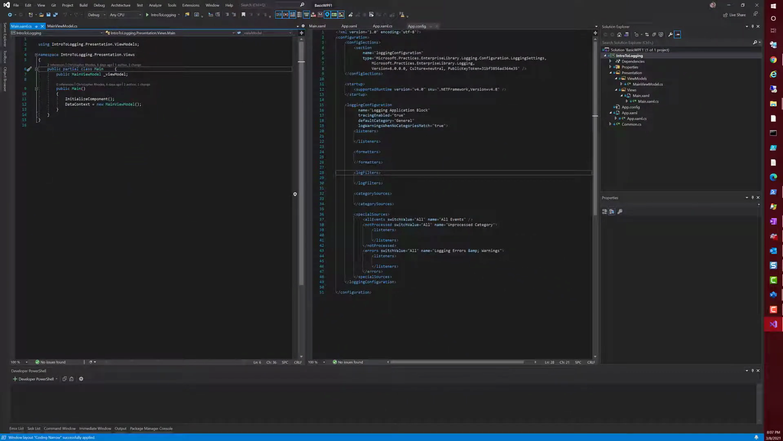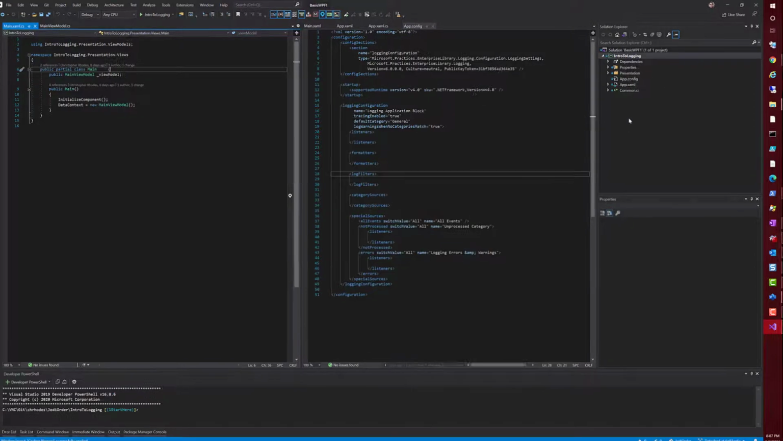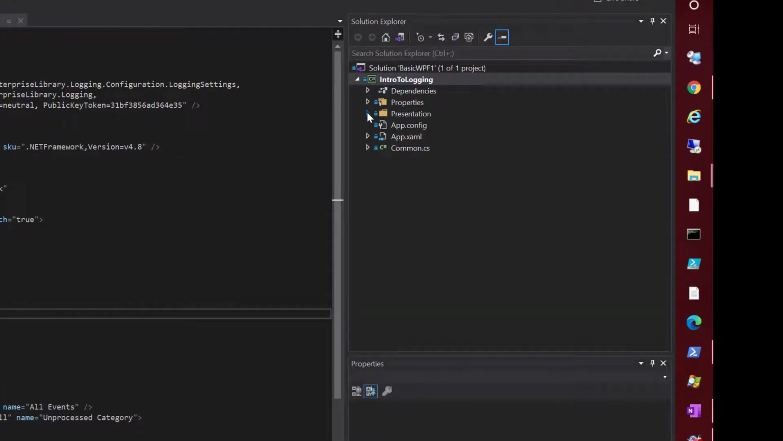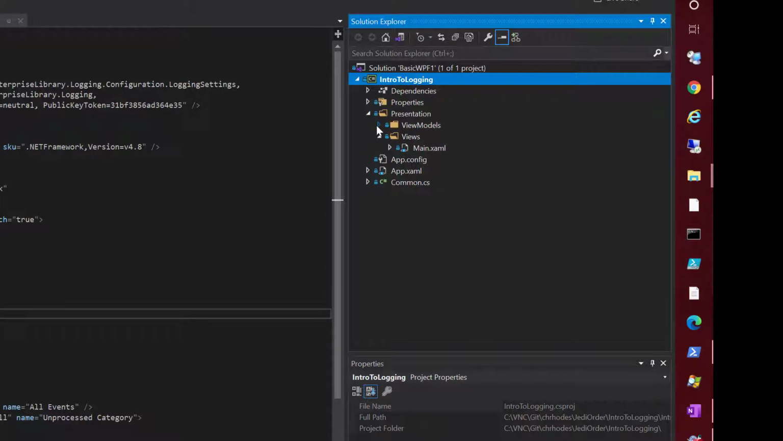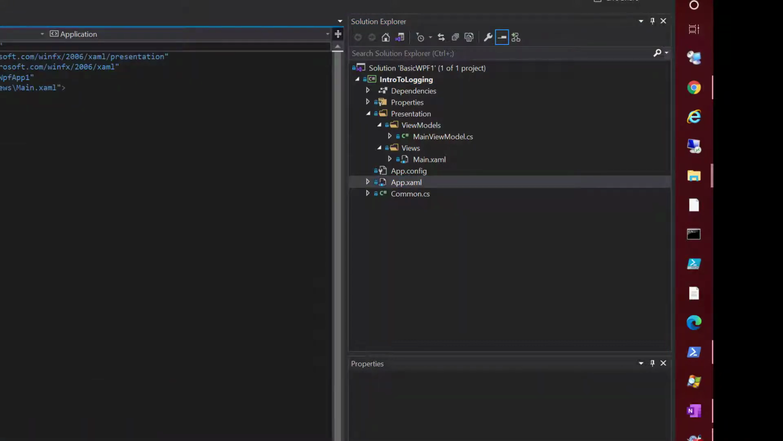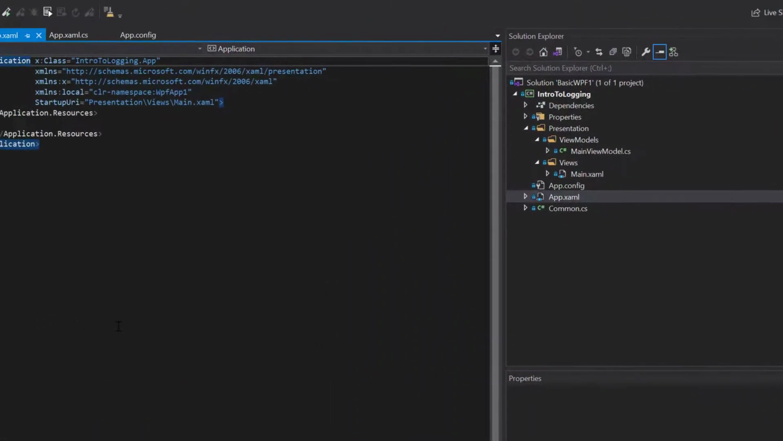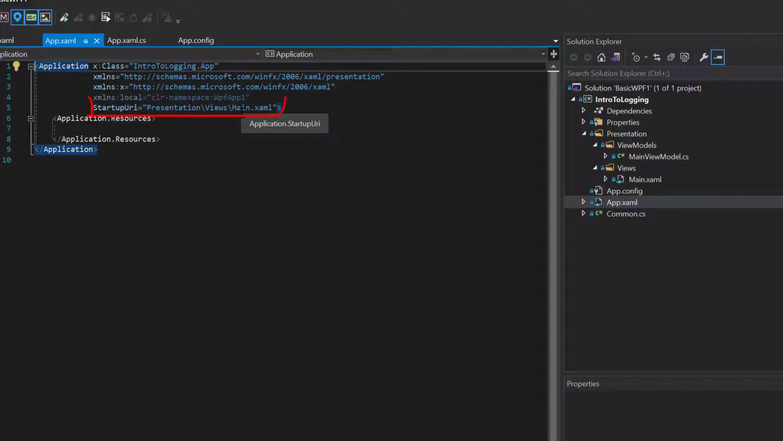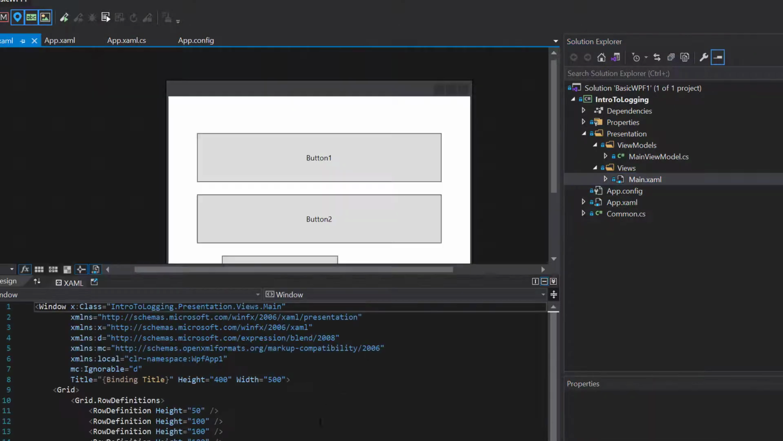Okay, so what we have is a very simple WPF app. It's got very few files. It's using the MVVM pattern, which is really not important, but just a common style. The app XAML file startup URI is set to main XAML. Main XAML is a very simple user interface